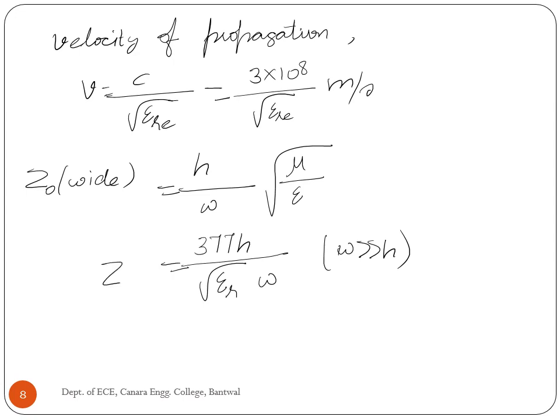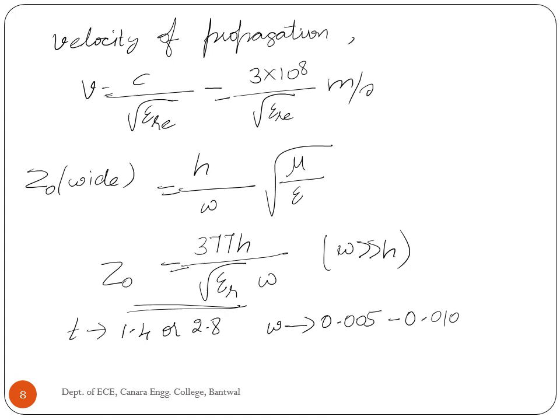Most microstrip lines are made from boards of copper with the thickness of 1.4 or 2.8. The narrowest width of lines in production are about 0.005 to 0.010 inches. Line widths are usually less than 0.020. Since the dielectric constant of the materials used does not vary excessively with frequency, the dielectric constant of a microstrip line can be considered independent of frequency.